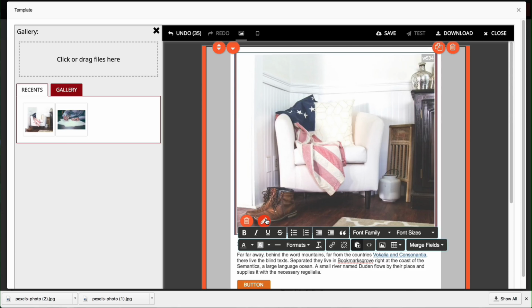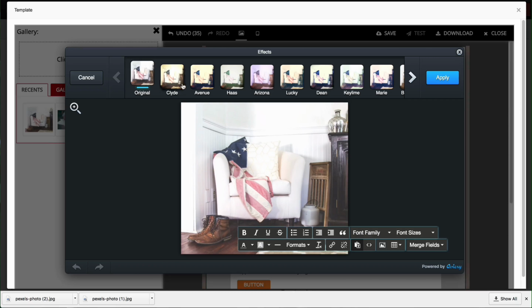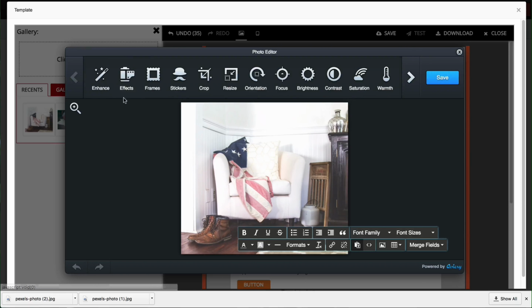Now I have this little pen tool, and when I click on this, it brings up some editing tools for this image. You can see I have a variety of different things. I can put different effects on it if I want, give it some vintage looks, kind of the Instagram look, if you will. I'm going to stick with the original because I kind of liked it. I think these filters have already been applied at some point, or similar ones to it. But what I would like to do